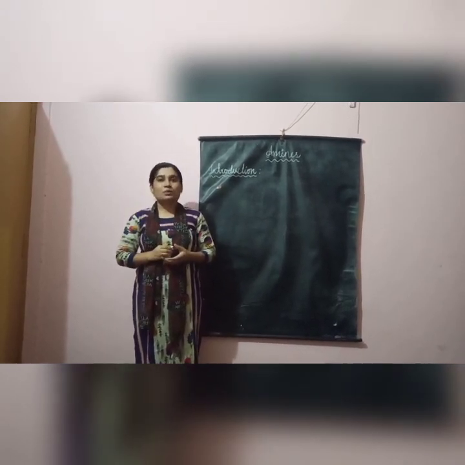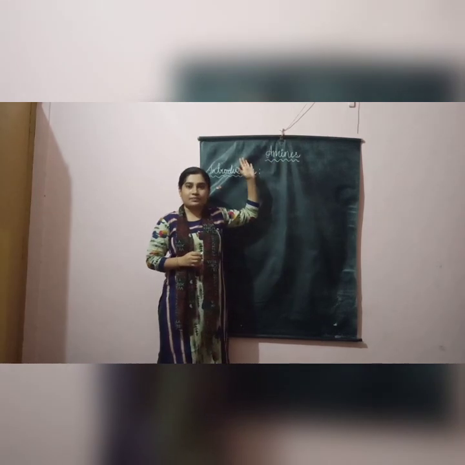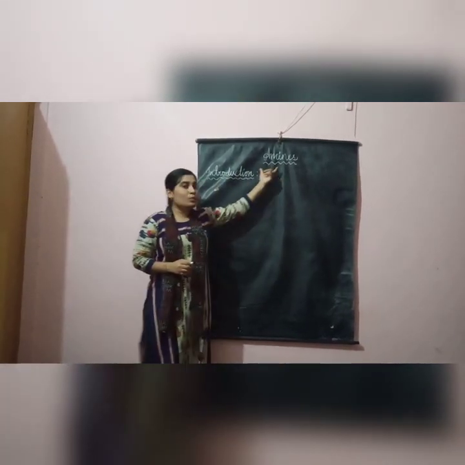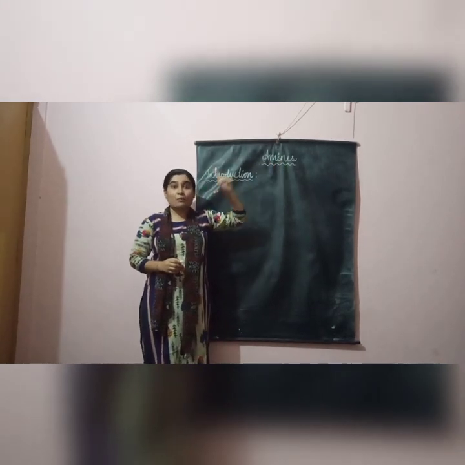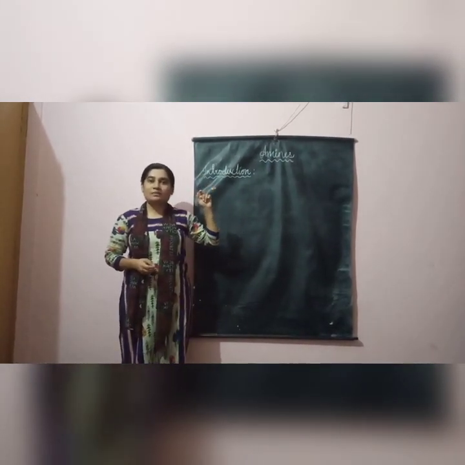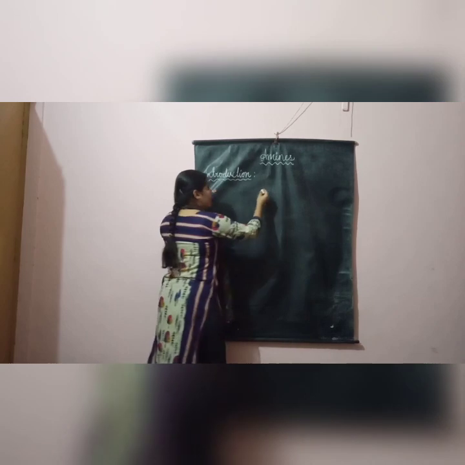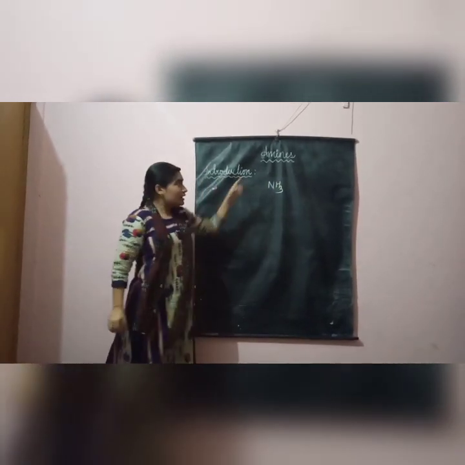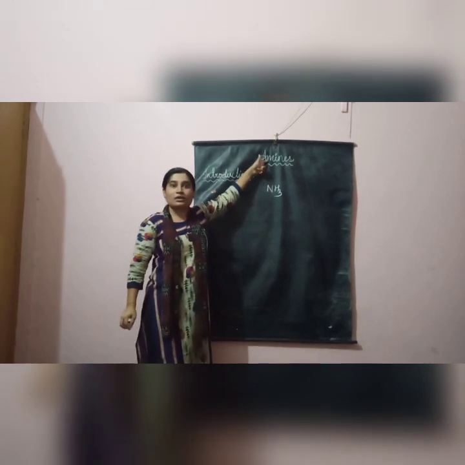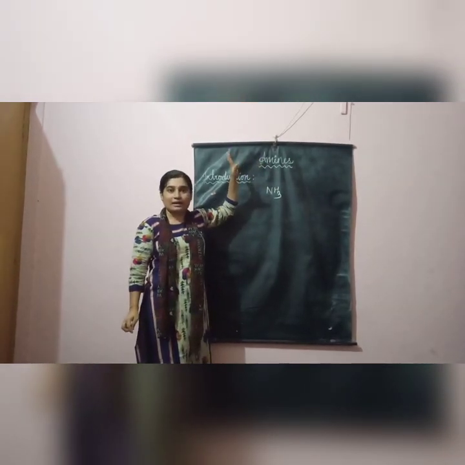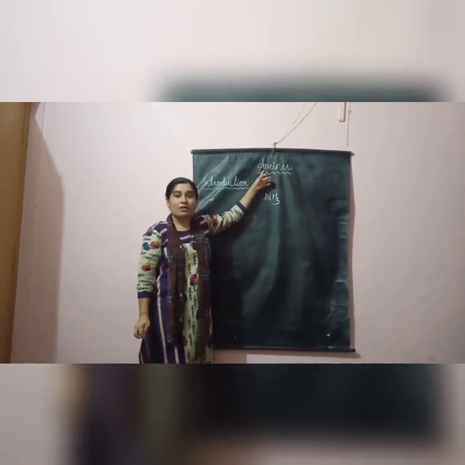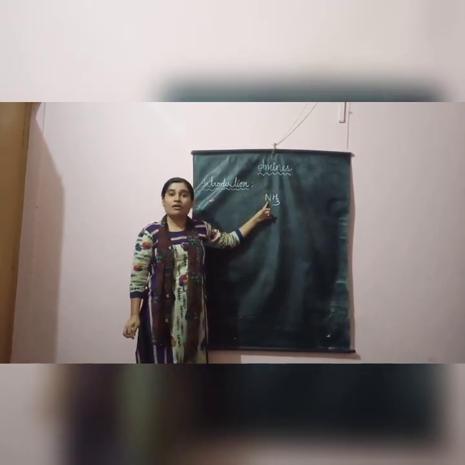So let me start with today's chapter, that is amines. The introductory part of amines will be started. Now looking at the word amine, I first remember ammonia. You have heard about ammonia in chemistry, right? What is the formula there? I know the formula for ammonia is NH3. These both are related, ammonia and amine. How are they related now? Ammonia and amines are related because amine is a derivative of ammonia.